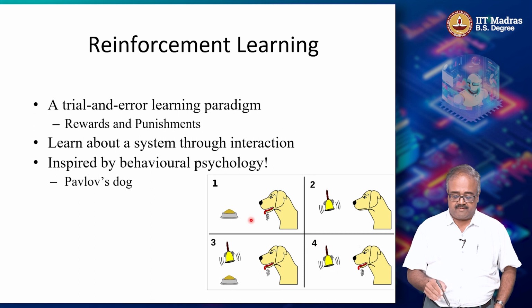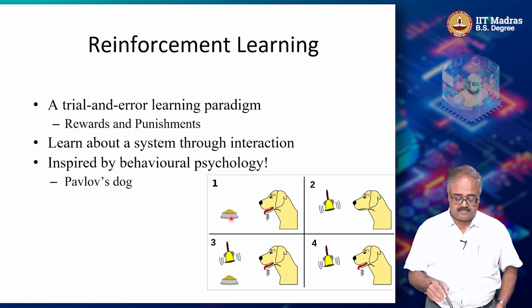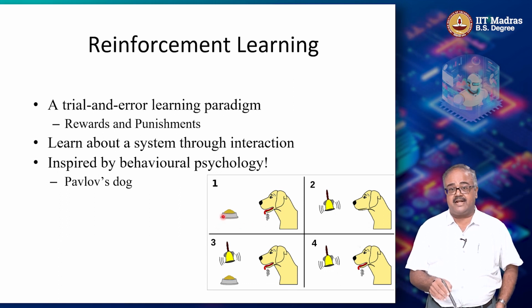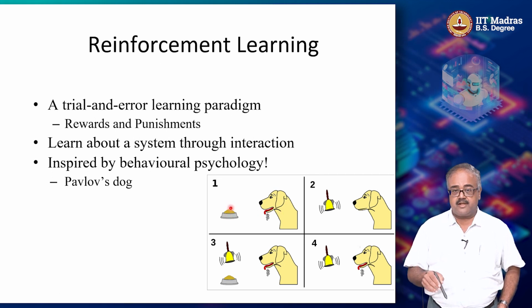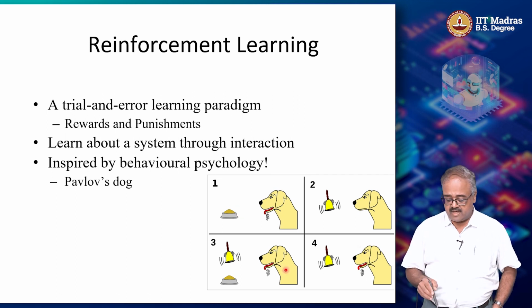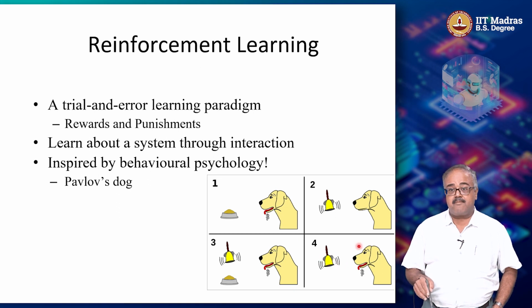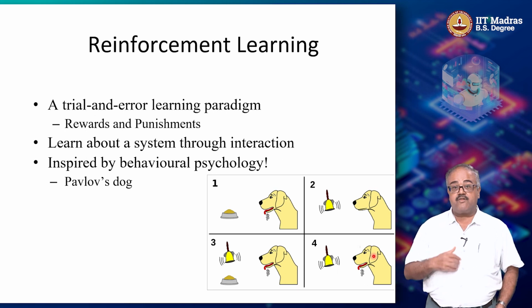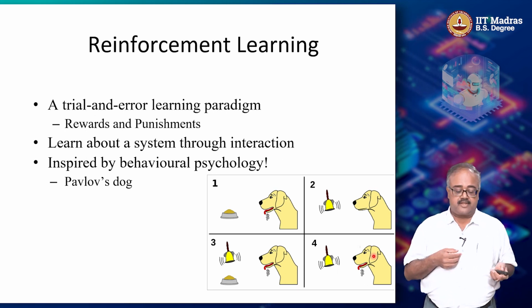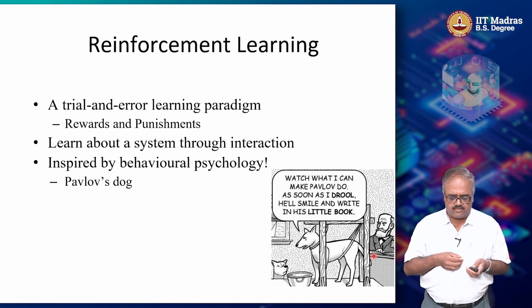So you normally salivate at the sight of food, which is a primary conditioning, basically, because there is a real reason for you to do this, right? Because food, you need saliva to digest. So that is a proper causal linkage for that. But then you get the secondary conditioning, where the sound of the bell makes the dog salivate. So this is learning an association between rewards and the input. The input is the bell and then you salivate. So that's essentially where the root of this comes from, right?